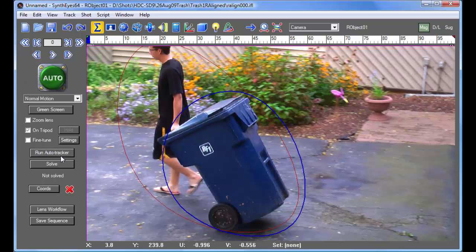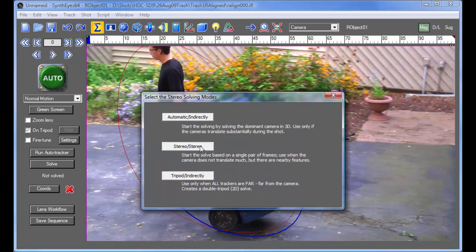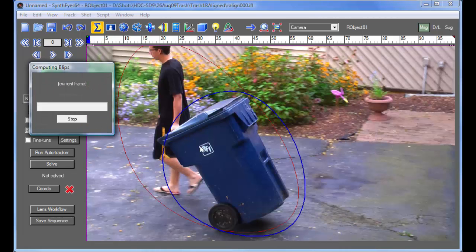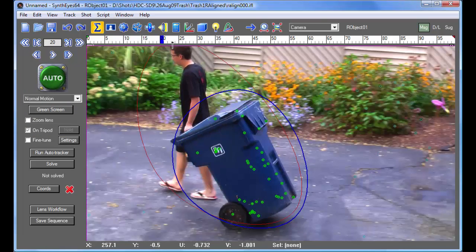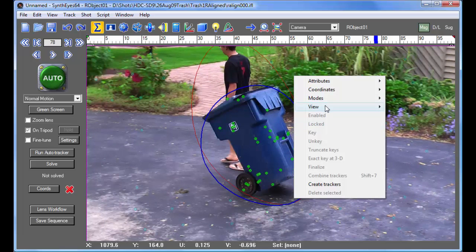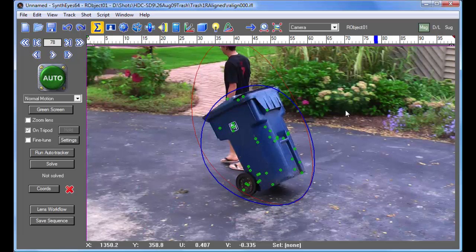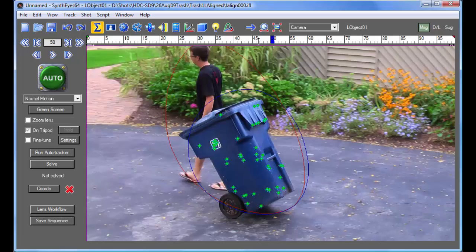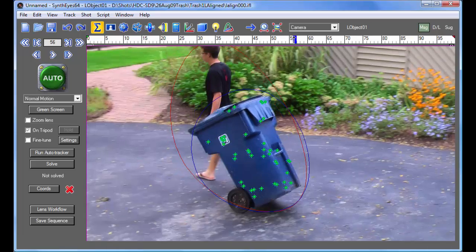So now we can go and run the auto tracker, and we'll just set up our mode later. It's going to be a stereo mode. So SynthEyes is now going and creating the trackers and assigning them to the various objects. Now, on the panel here, we're going to show only the trackers associated with the selected object. So right now we're set up to show just the trackers associated with the